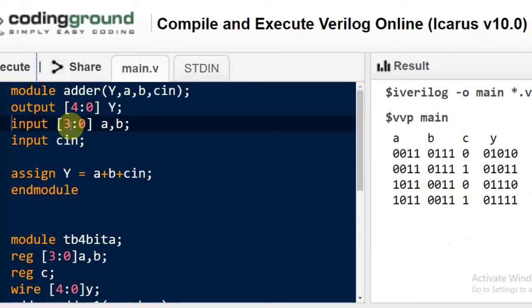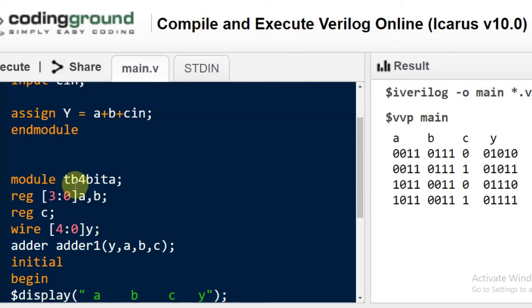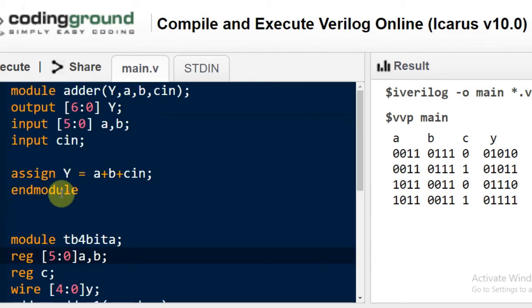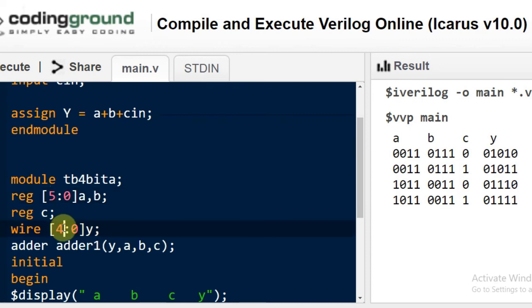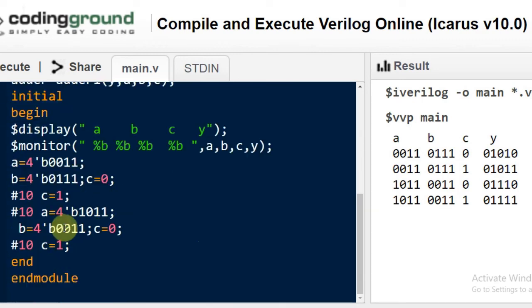Now suppose you are interested in, say, a 6-bit adder, then we have to change this to 6 bits. So this we have to change to a 6-bit vector, and this we have to change to a 7-bit vector. And similarly, we have to make a change over here. And then we have to change this to 6 bits of data.